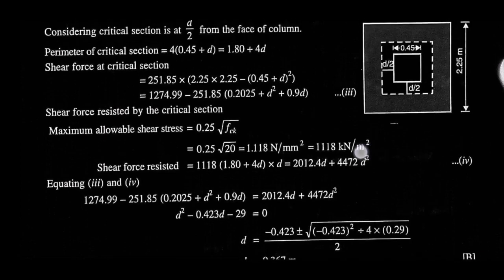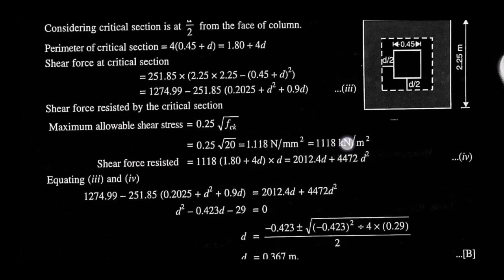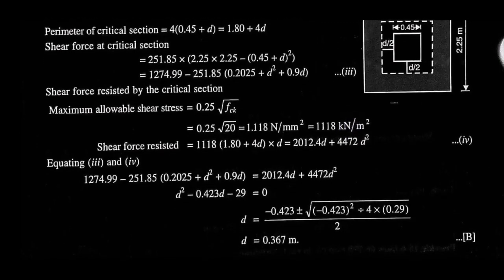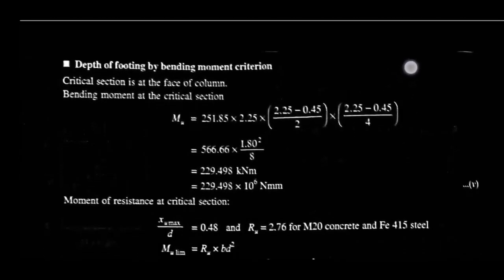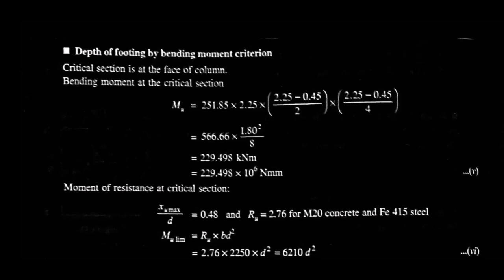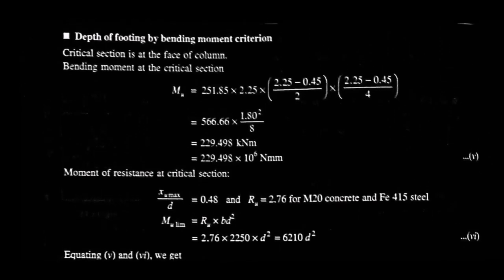Okay. So by two-way shear criterion or punching shear criterion, we get the value of d equal to 0.367 meter. Okay. Now we have to go to the next step. Next step is depth of footing by bending moment criterion. So critical section is at the face of column, bending moment at the critical section, Mu is equal to